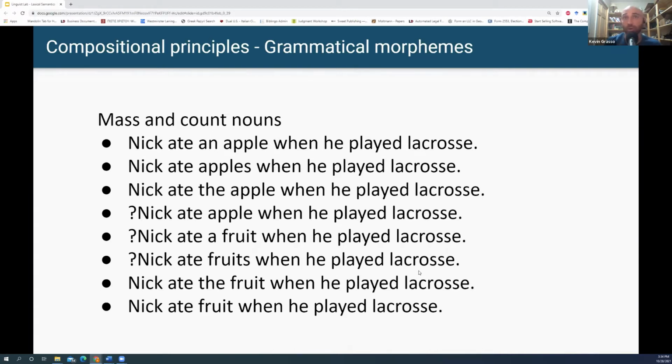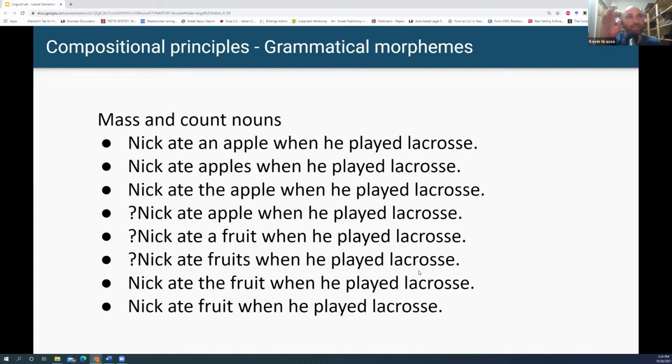Nick ate the apple when he played lacrosse. That really only allows one event. Whereas Nick ate an apple when he played lacrosse, you could probably interpret that habitually. Nick ate apple when he played lacrosse, you would probably never say. It would be very, very odd. So I have a little